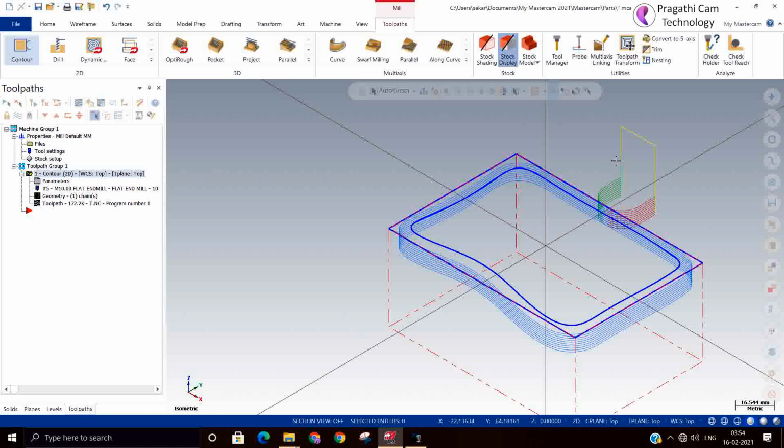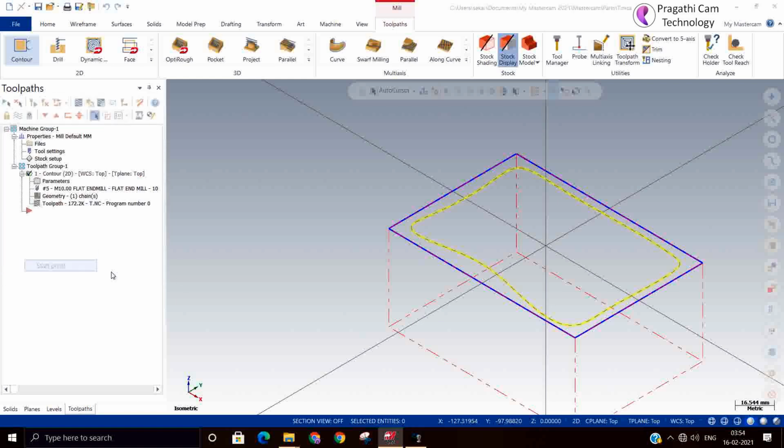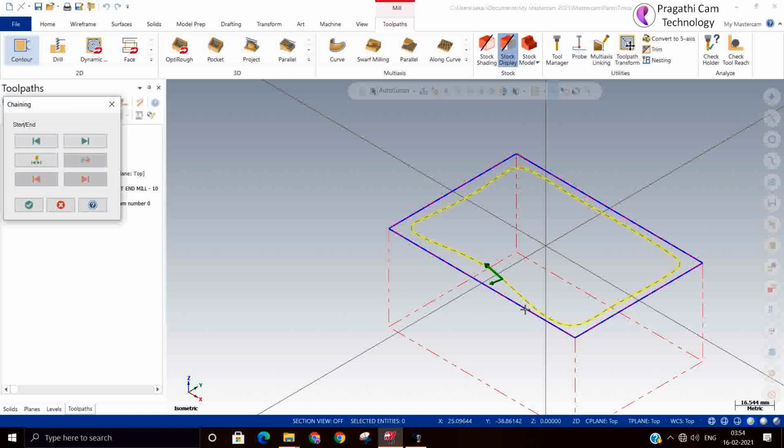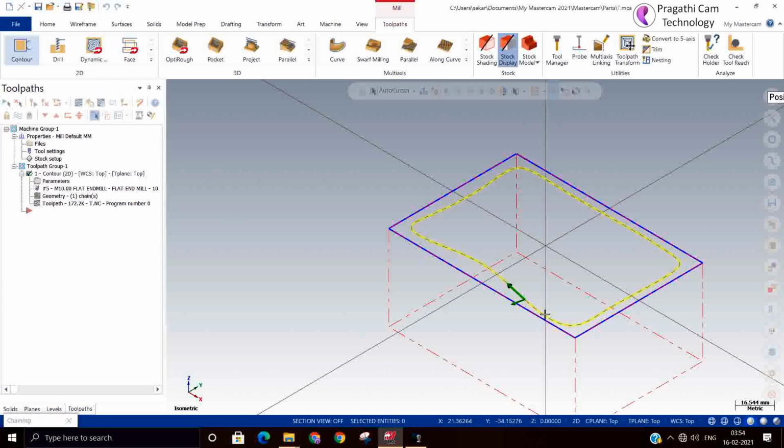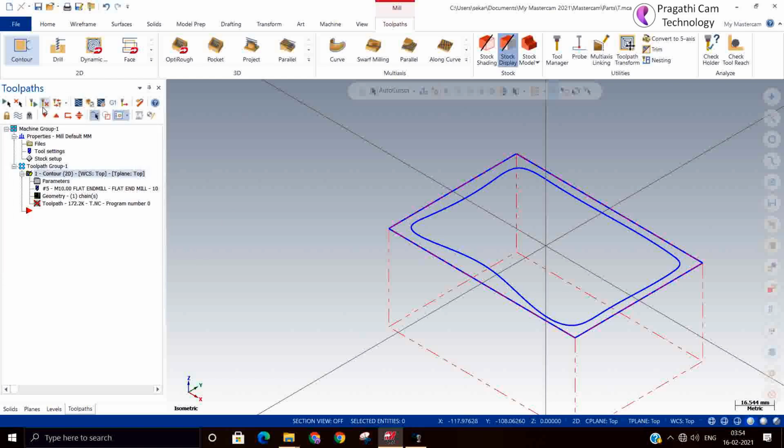So the starting point has gone to the backside. You can change the start point. Change start point, modify it dynamically, and you can keep it somewhere here. Okay, regenerate.